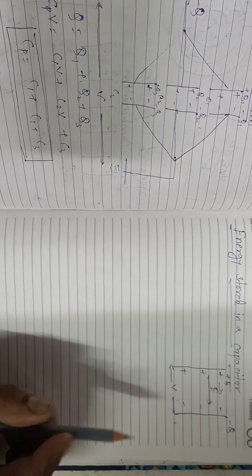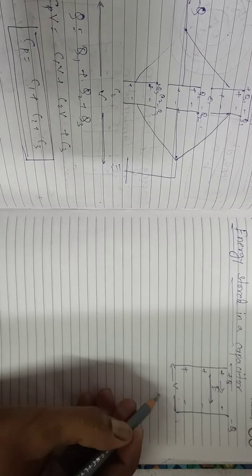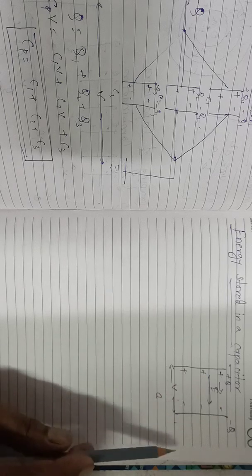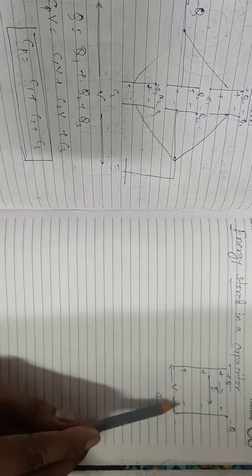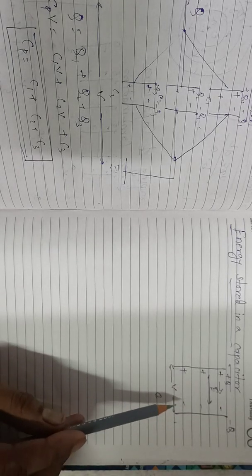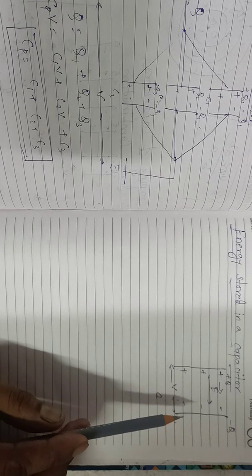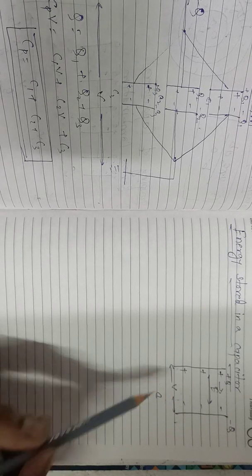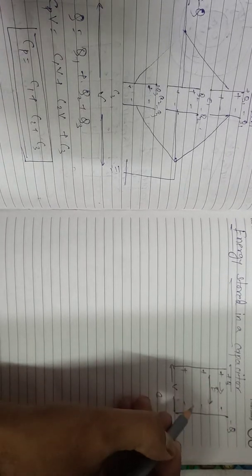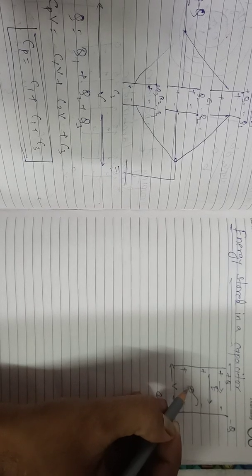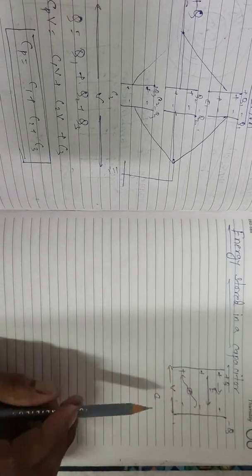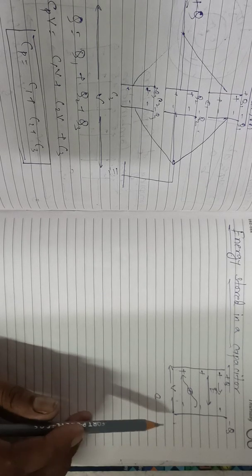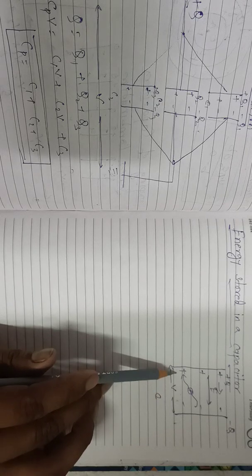Now consider a capacitor of capacitance C that does not possess any charge initially. If the two plates are uncharged, you can see here the two plates are uncharged. When the capacitor is being charged, positive charge is transferred from the negatively charged plate B to the positively charged plate A. We need to show here that positive charge is being transferred from the negative plate to the positive plate A, and the work done in bringing the charge to plate A becomes the energy of the capacitor.